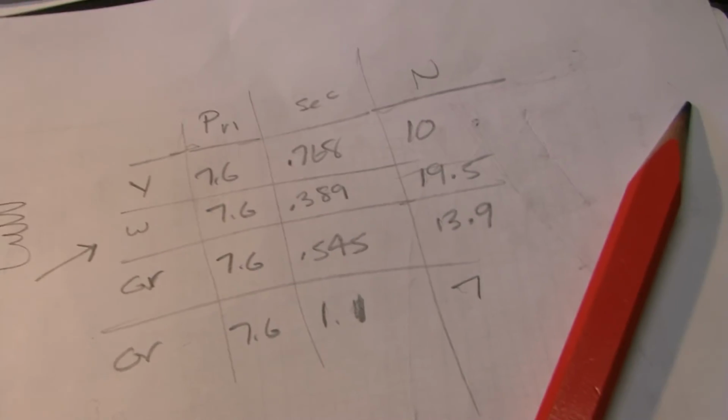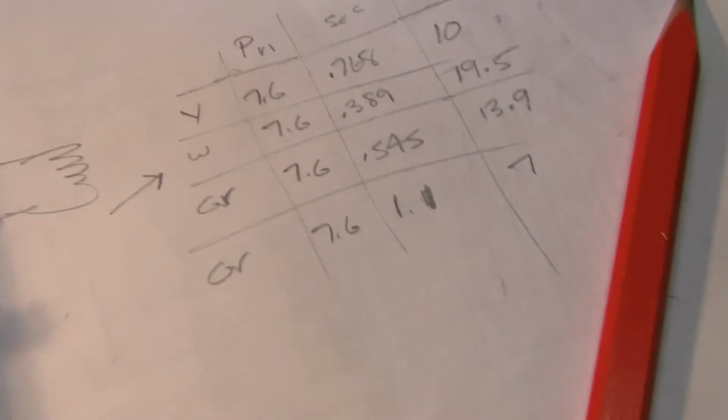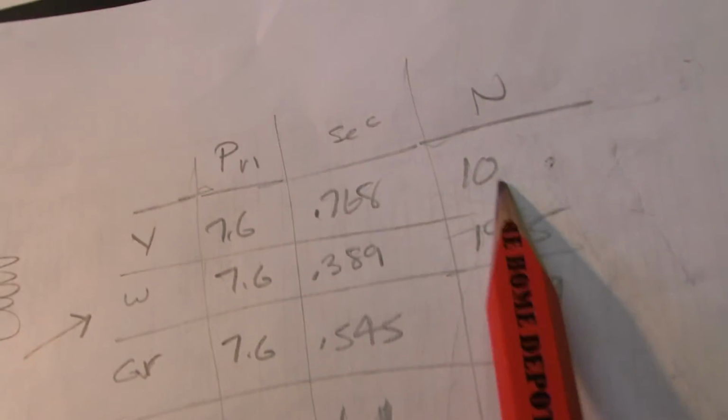Let me test the second transformer to make sure that white tap is consistent with the first. Now, I don't know what my transformer sheet is, but it was supposed to be yellow for 8 ohms, according to the transformer, but that can't be. Yellow is a turns ratio of 10,